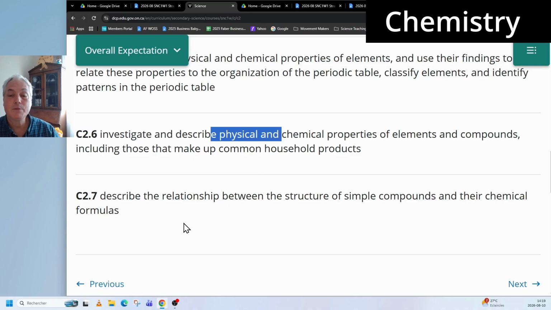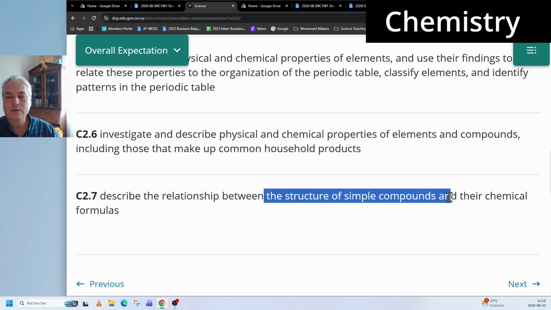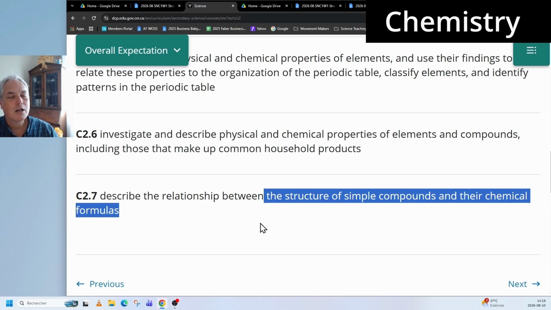And describe the relationship between the structure of simple compounds and their chemical formulas. So here, that's something that we've been doing. What's interesting here is we have relationship between chemical formulas. It means that they can figure out what the formulas are, but there's no mention here of nomenclature of ionic compounds or molecular compounds. So I think I'm going to include that as an extension activity,